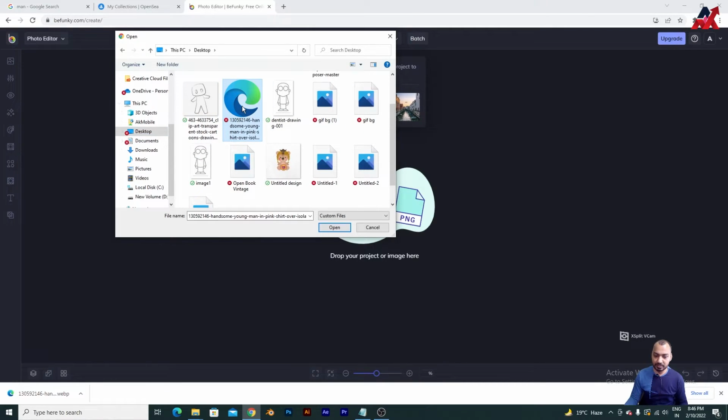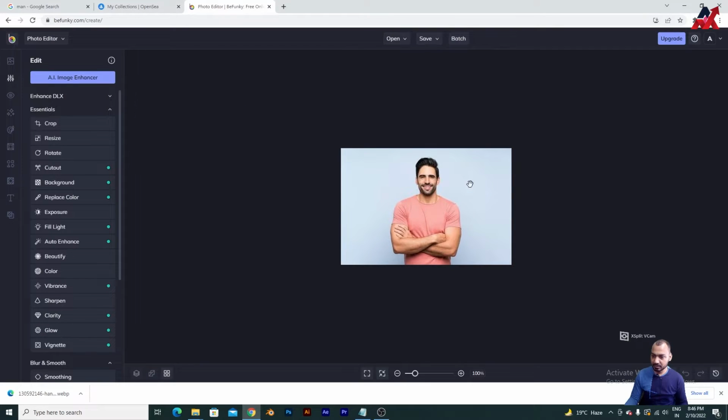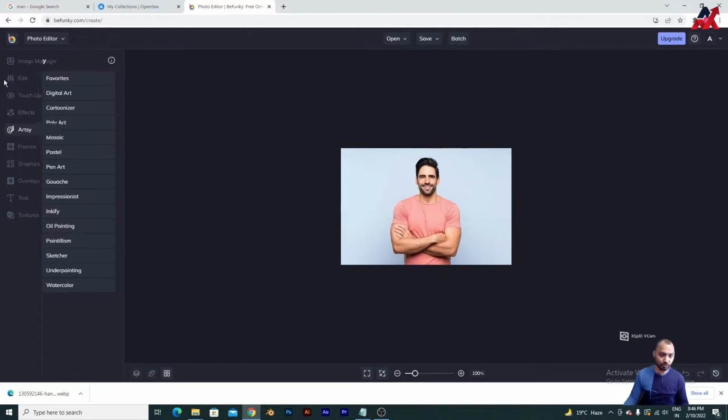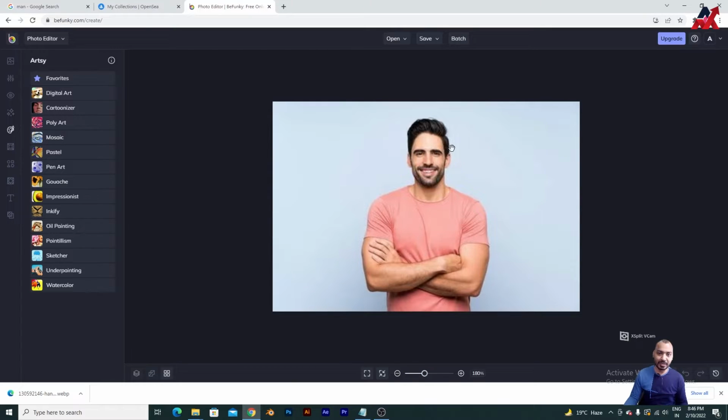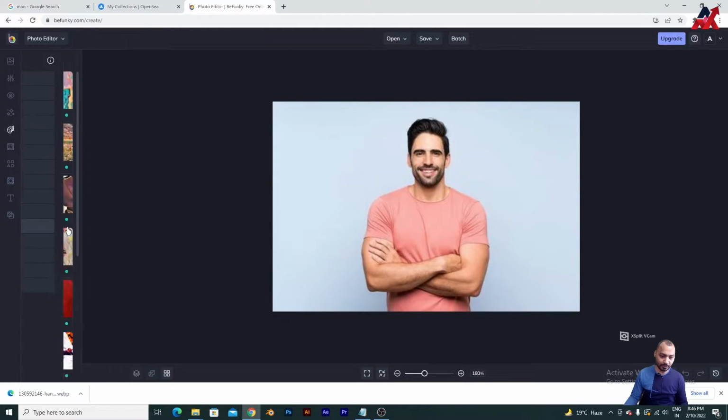I guess this is the image. Alright, and then go to this artsy. Alright, I hope I am pronouncing it correctly. So just zoom. You can see the image is getting blurry because I haven't chosen the high-res image, but still we will apply all the arts that will make it more